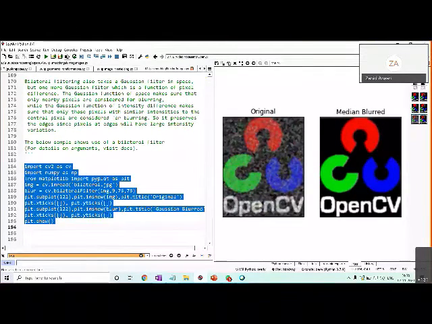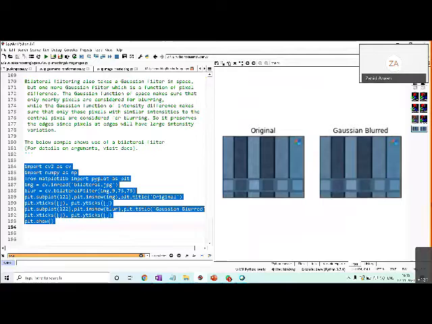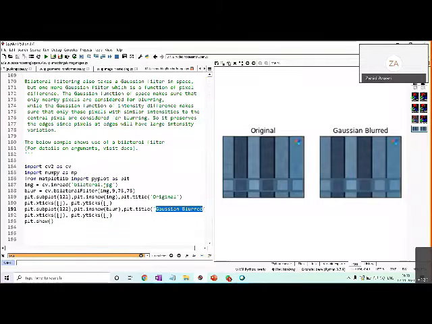Bilateral filter. In this, if you see the original image, and sorry, I forgot to change the title. This title should basically be bilateral. I forgot it in a copy paste. I should have written the bilateral filter over here. So some kind of smoothing you can see over there. The point over here is, there are plenty of methods for smoothing and blurring provided by OpenCV, which we can use, whatever suits best for our application at hand.